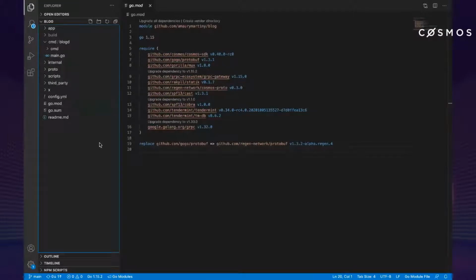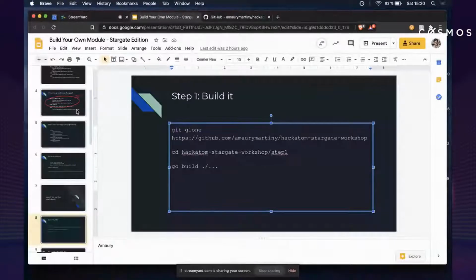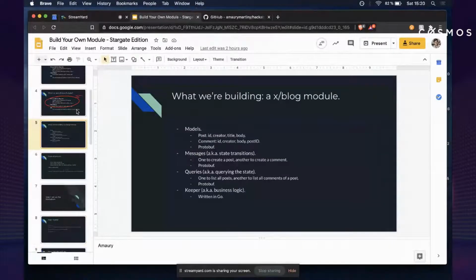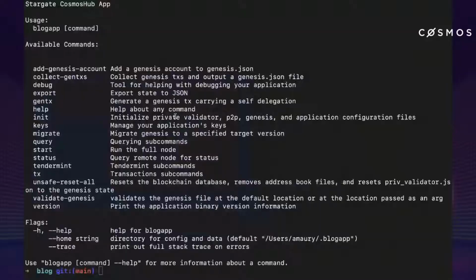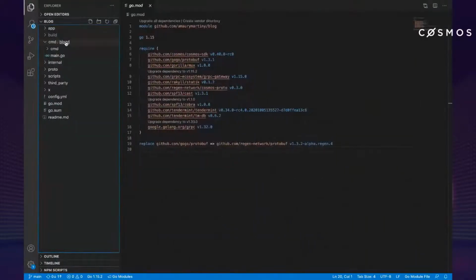Cool. So just before going, I think the next slide will be step 1. Sorry, step 1, build the modules we'll use. That's the step I wanted to go into, to show you a bit the modules, how they're defined, and what this boilerplate means. Like this boilerplate, if you clone it, you have exactly this folder structure, but it's actually built using a